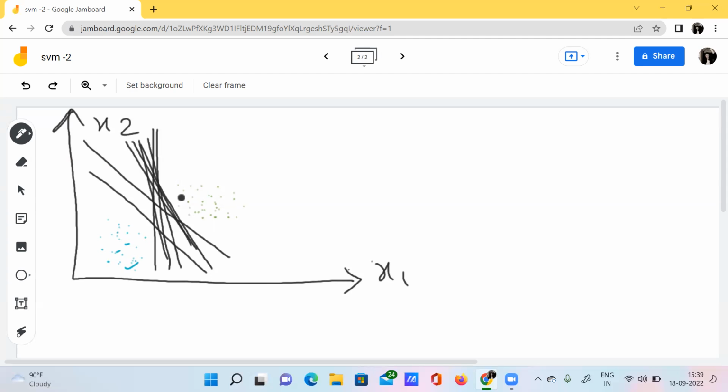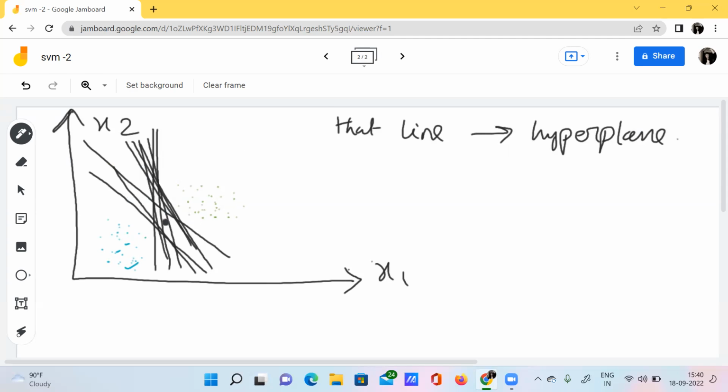There are actually an infinite number of possibilities of forming hyperplanes. These particular lines are nothing but the hyperplanes, right? That line is nothing but the hyperplane. So, how many hyperplanes can we draw?